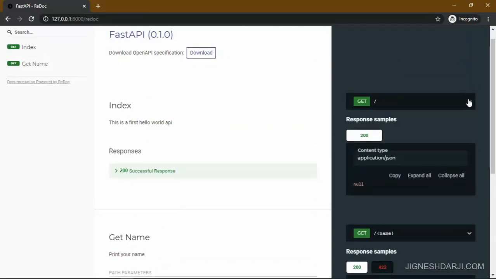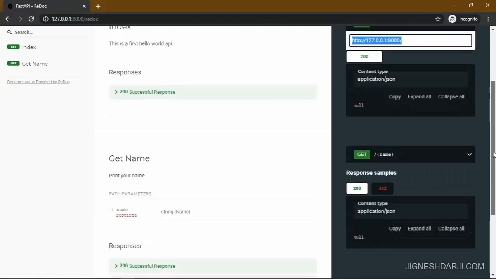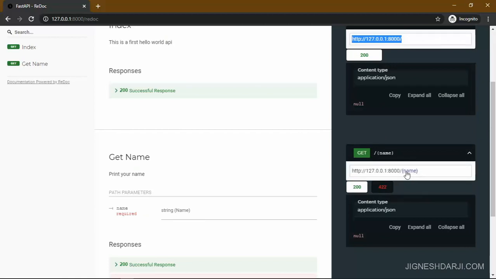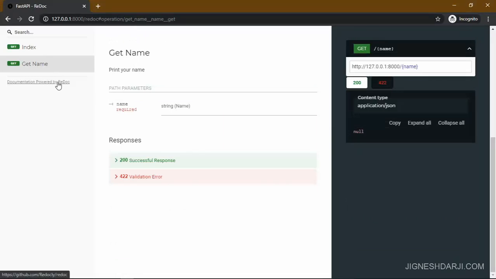Sorry. So you can also check in the API what parameters are required for this particular API, how you can pass them, and the data type for that particular API. So this is all related to Redoc. You can use whatever you want, either Swagger UI or Redoc. So this is done with our sample APIs that are created in the Swagger UI.